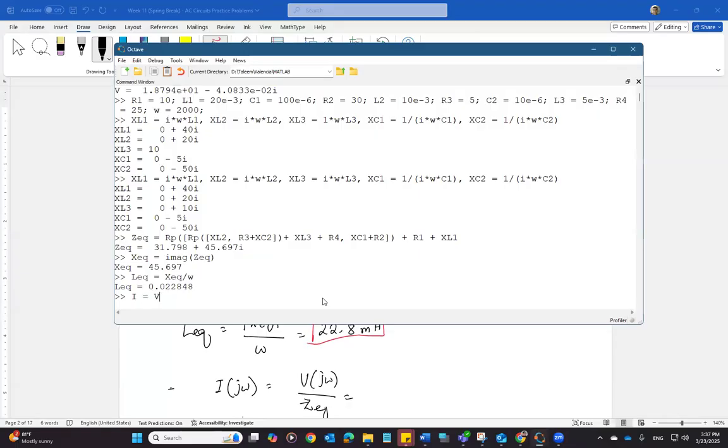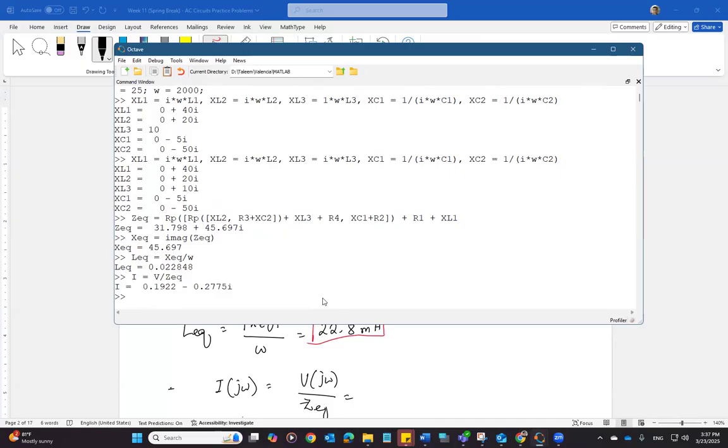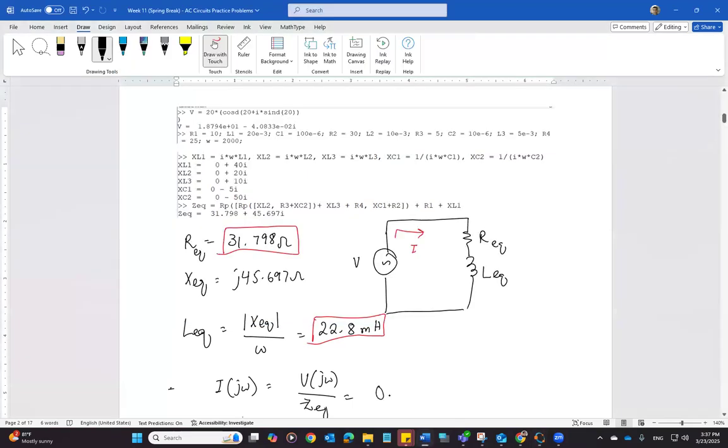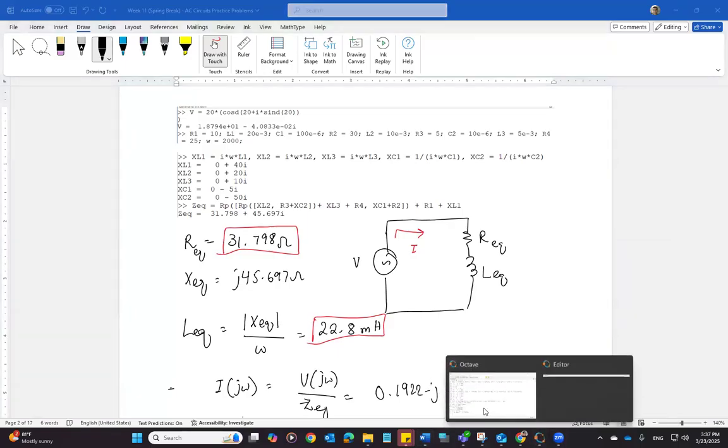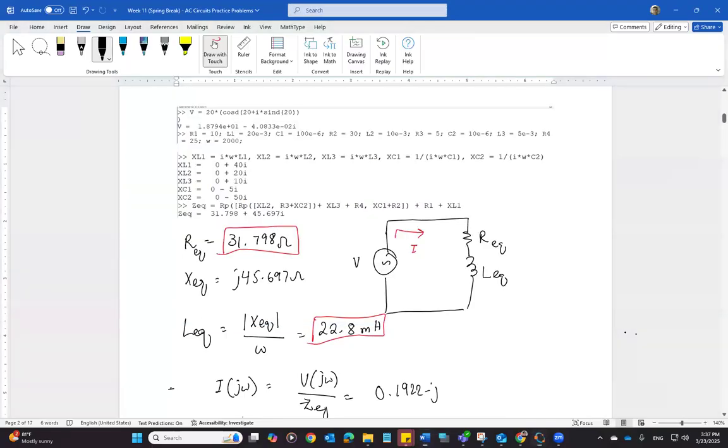I is equal to V over Z equivalent, which is 0.1922 minus j 0.275 ampere,